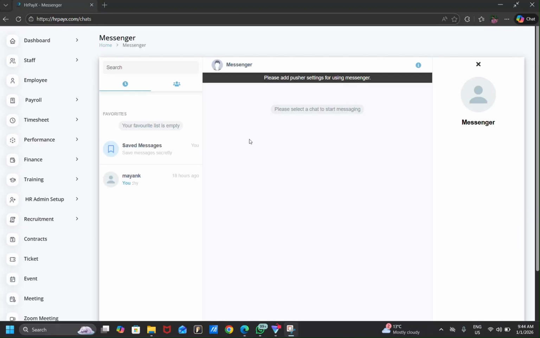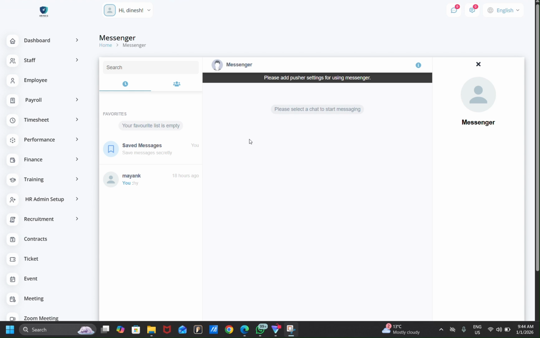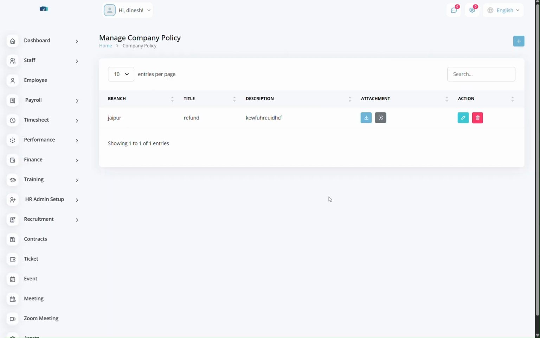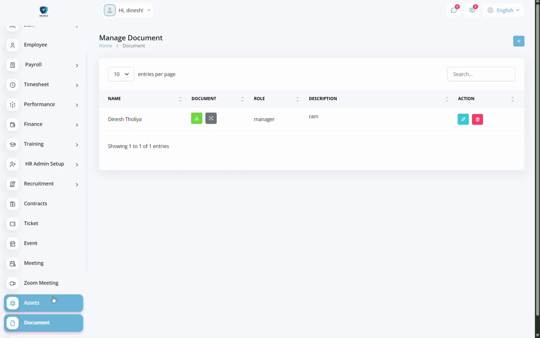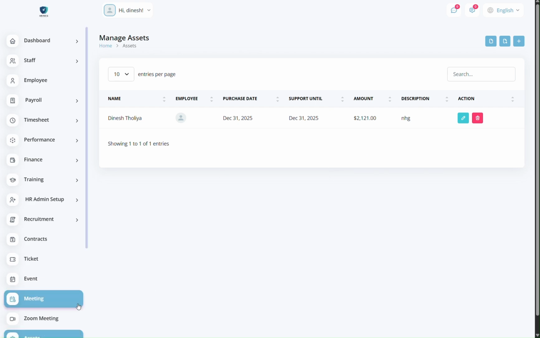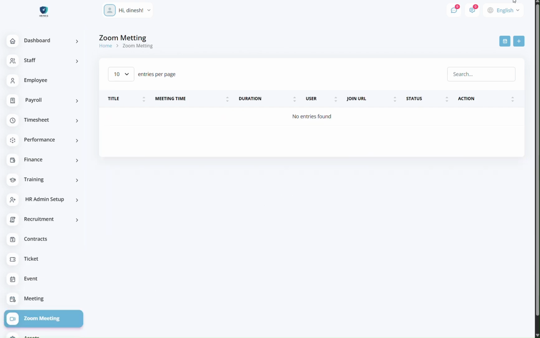Next, go to messenger. You can chat with every employee and manager: manager to employee, employee to employee and employee to HR. Okay, company policy, you create your company policy and delete and edit it. Next, document, you put your employee documents here and create. Assets, you create assets. Zoom meeting, you create a Zoom meeting with the plus sign,